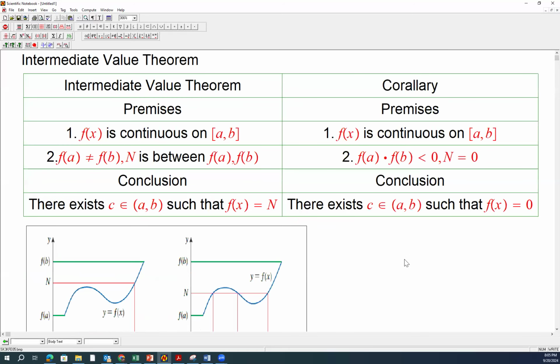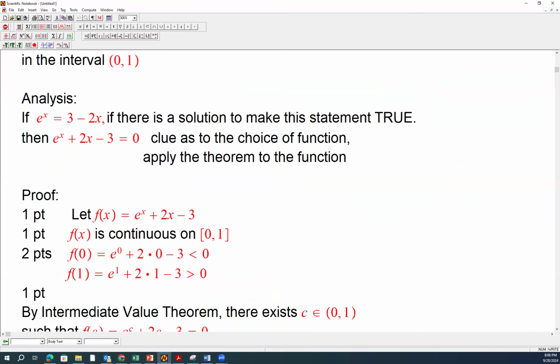We want a function either equal to capital N, of our choice, which is going to be a constant, or in the case of the corollary, we want f of x equal to 0. Which one is easier? I think the corollary case is easier. But if you say, no, I'm going to choose a different function,